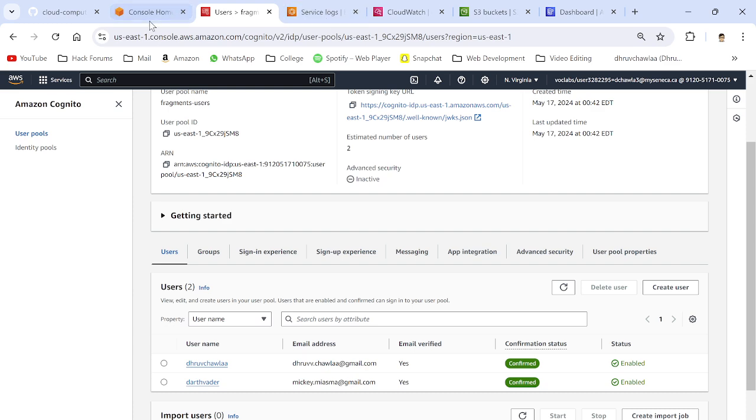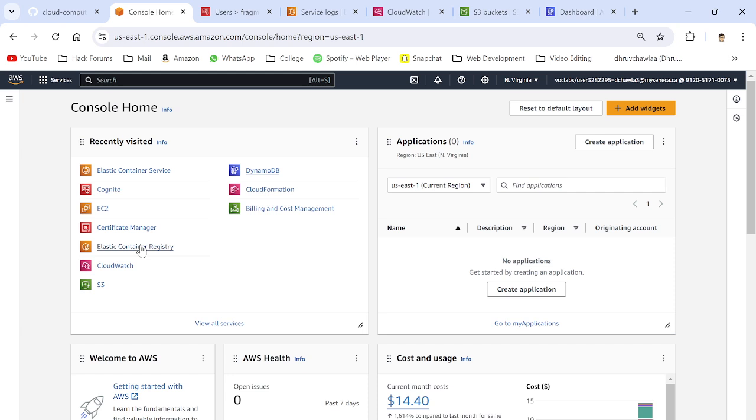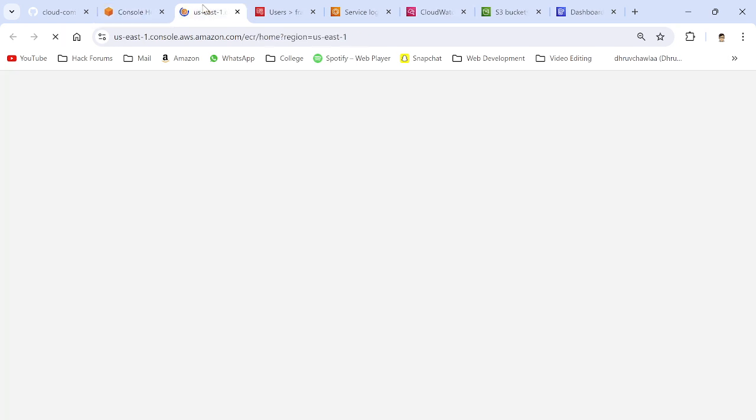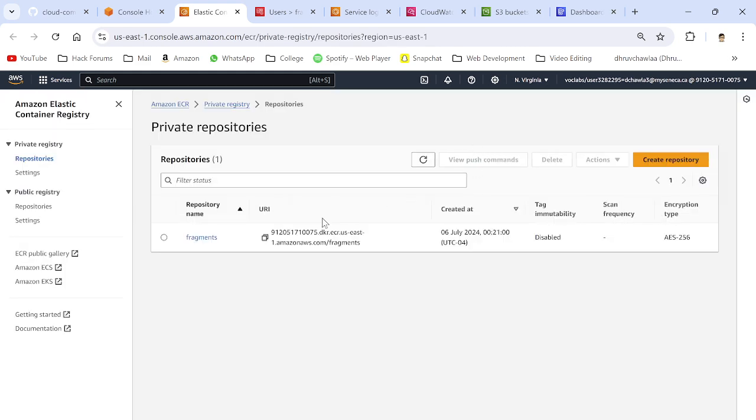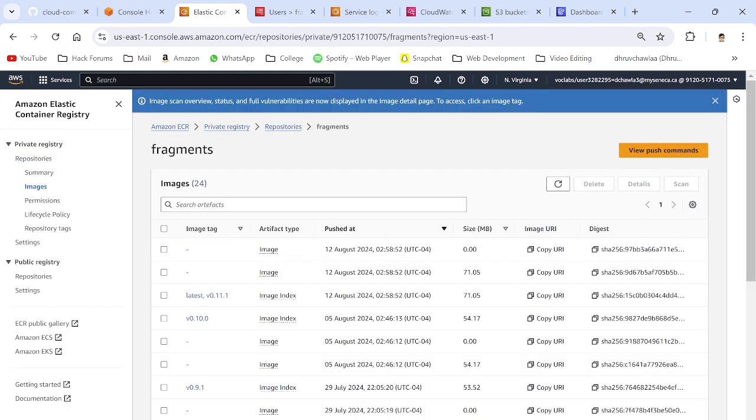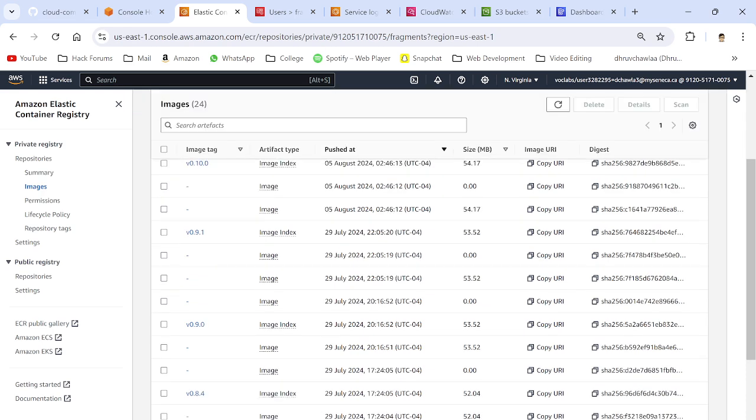Next up, we have ECR, which is over here. This is where our Docker images are stored. By using ECR, we ensure that our Docker images are easily accessible and can be deployed across various